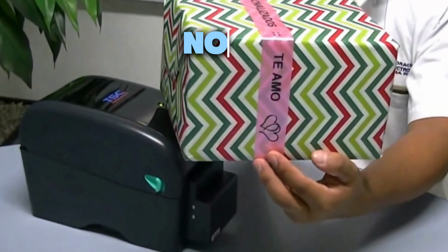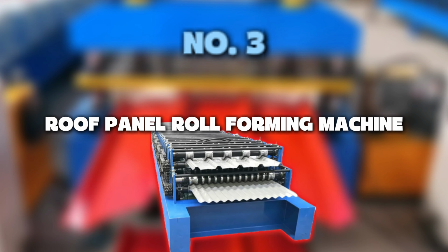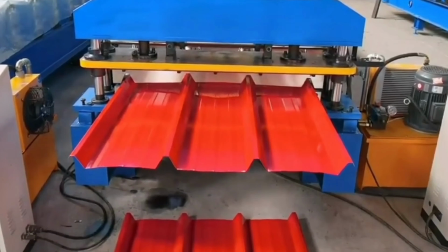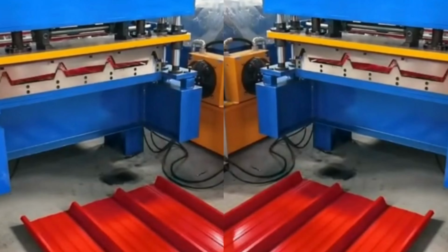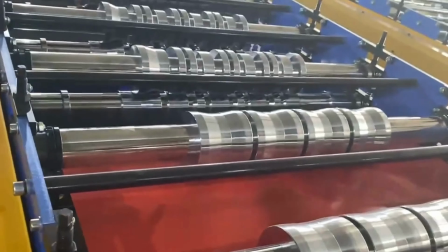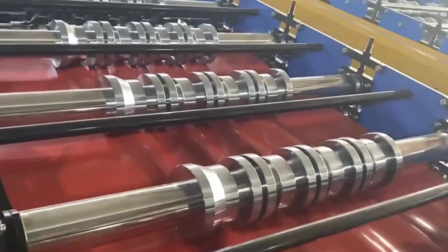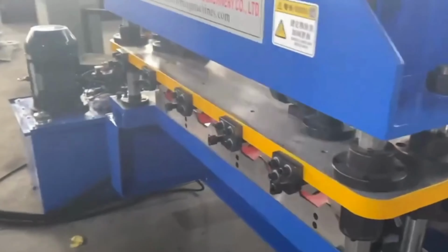Number 3. Roof panel roll forming machine. In construction, precision is everything. A roof panel roll forming machine transforms simple metal sheets into custom panels with perfect edges, ready to install. The process is continuous. A metal coil passes through a series of rollers that shape the sheet until it reaches its final form. With an investment of around $15,000, you can manufacture custom panels for roofs of houses, warehouses, or